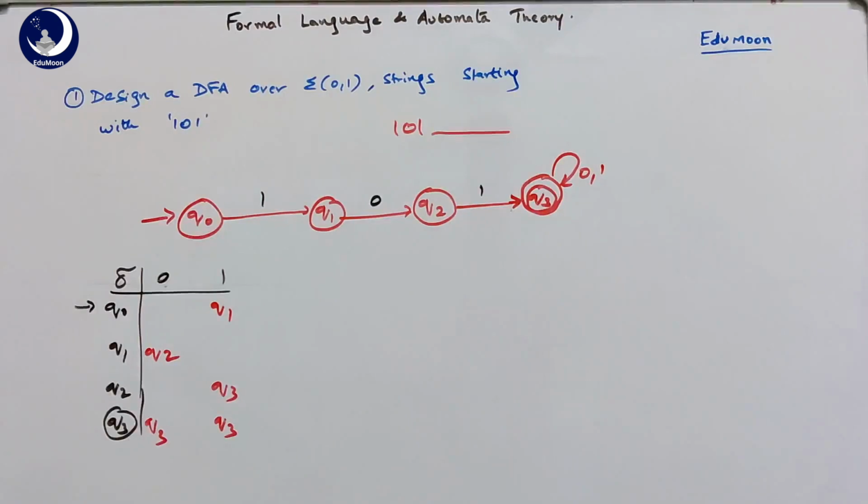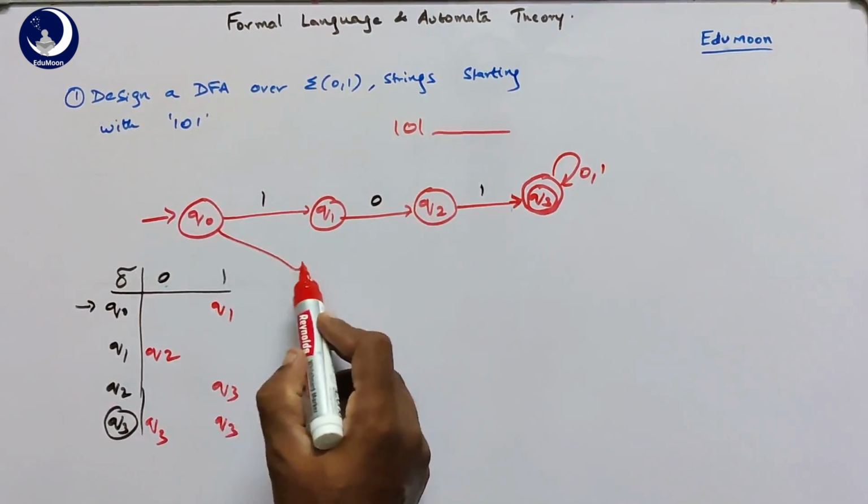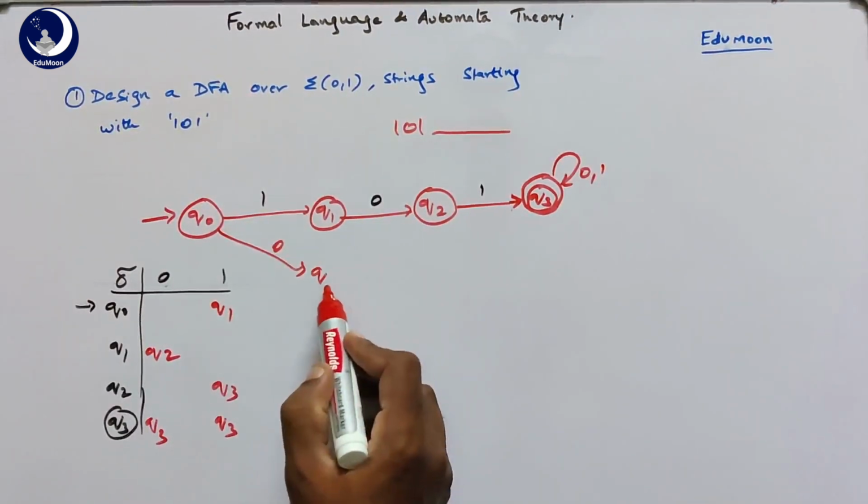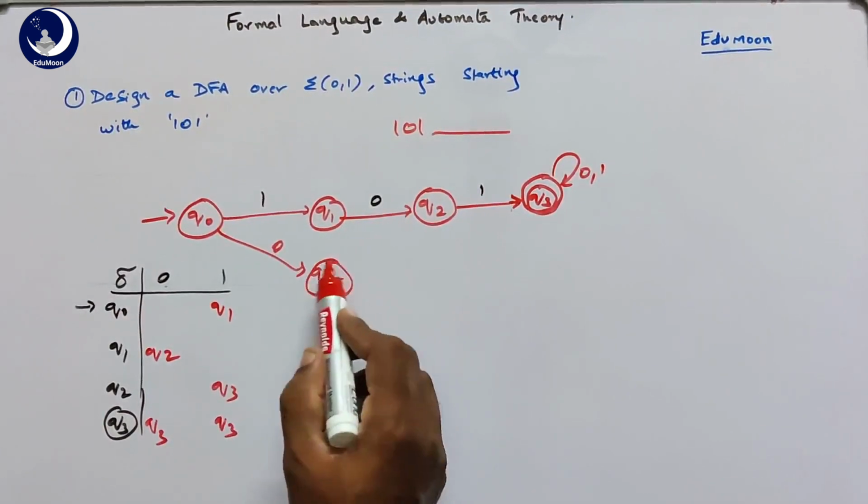So where we have some blank spaces here, what is the meaning of that is, for example, if we give Q0 on 0 to any other state, it doesn't get accepted because it is breaking the rule that it starts with a 1, because our string should start with 1. If Q0 on 0 goes forward towards the final state, it doesn't get accepted. So simply, instead of making Q0 on 0 go to some state, for example we take it as Q5 or Q4, this is a dead state.